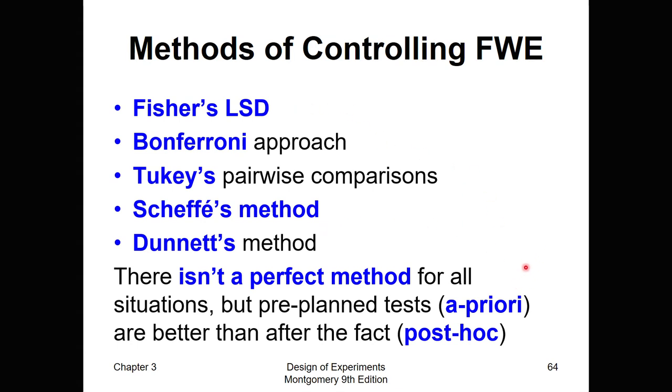So we can actually have an a priori plan for post hoc analyses, which is saying that before we implemented the study, we created a plan for what we're going to do after a statistically significant ANOVA. So it kind of gets a little bit confusing. Just remember, a priori means before the fact, post hoc means after the fact. The post hoc tests mean after we ran the ANOVA, and they are good to design before we collect data for the study. So before we actually run the analysis,